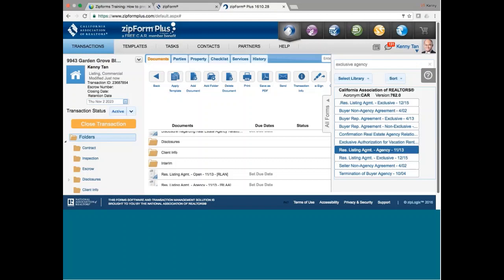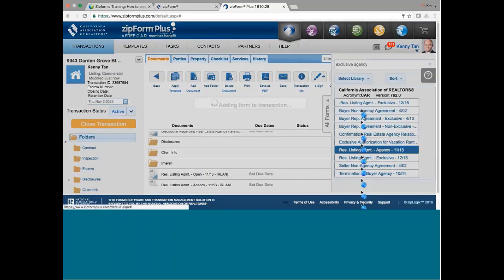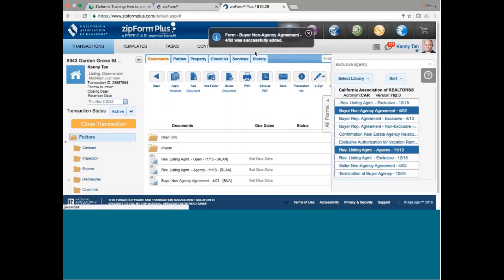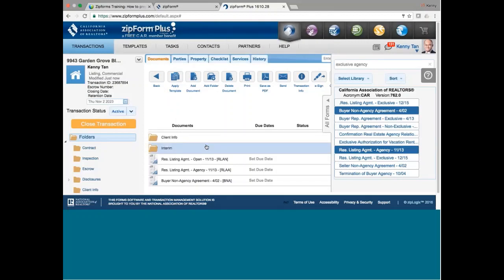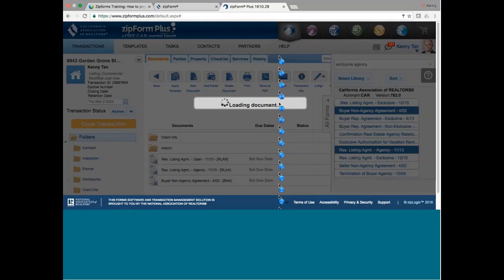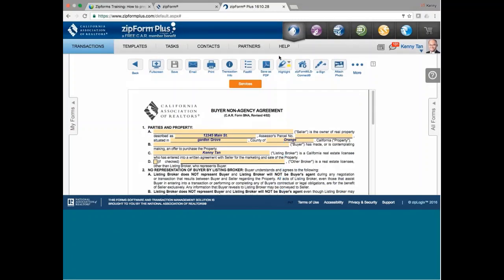Why be a dual agent and take the risk of being a dual agent if you don't have to be one? You just make the buyer sign a non-agency agreement. Now, I want to show you a few things about the buyer non-agency agreement so you know that it can be done and you don't have to worry about misleading the buyer,